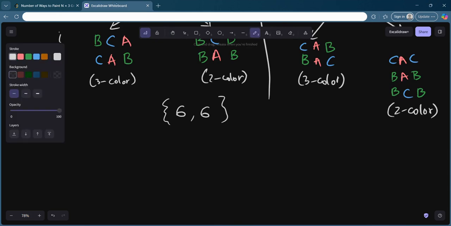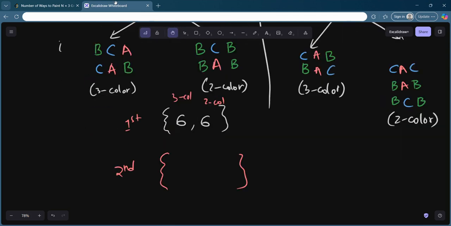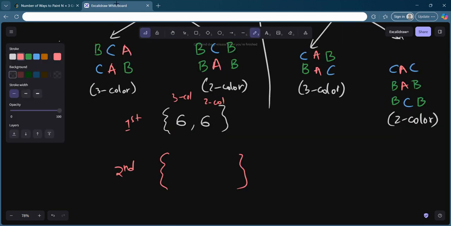Okay, and from this you can derive the next ones. So if this is for the first row, for the second row, can you tell me? See, this is a 3 color, this is a 2 color. Each 3 color gives you two color and 3 color. So there are a total of 6 3 colors, right? So if each gives you something like 2 into 6, and 2 color also,